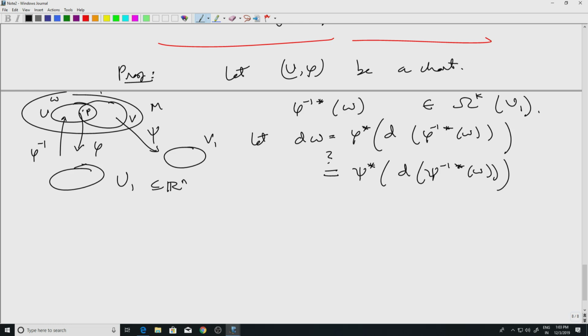What I first do is I just take, so these two would be equal. Let's remember that both phi upper star and C upper star are isomorphisms because phi and C are diffeomorphisms, and the induced maps on the derivatives are linear isomorphisms. Therefore, the induced map on the space of alternating tensors is also an isomorphism. So this would be equal to this if and only if I can multiply both sides by C star inverse,